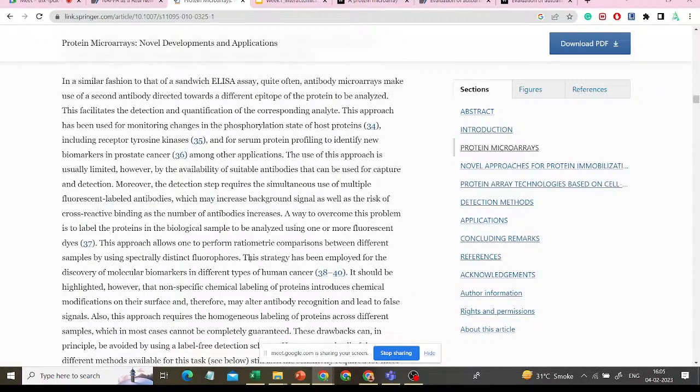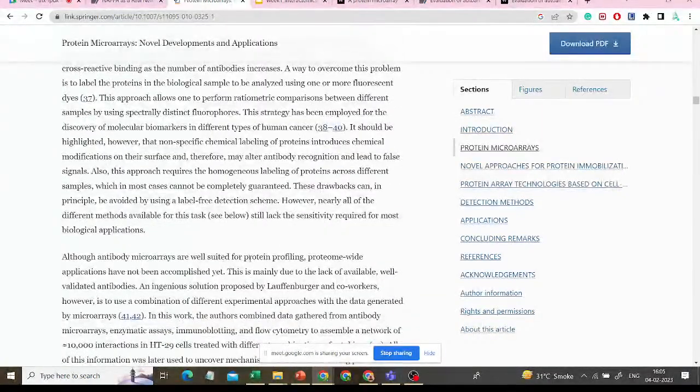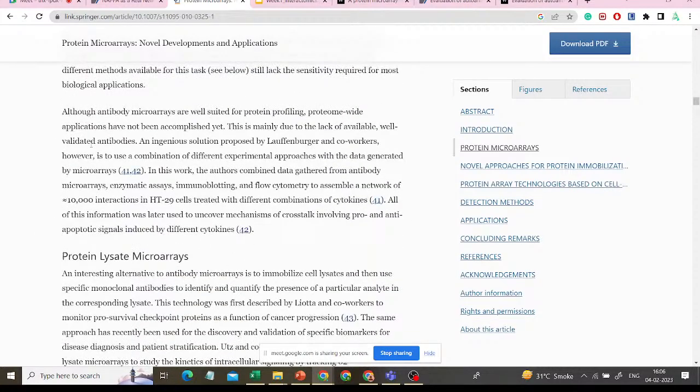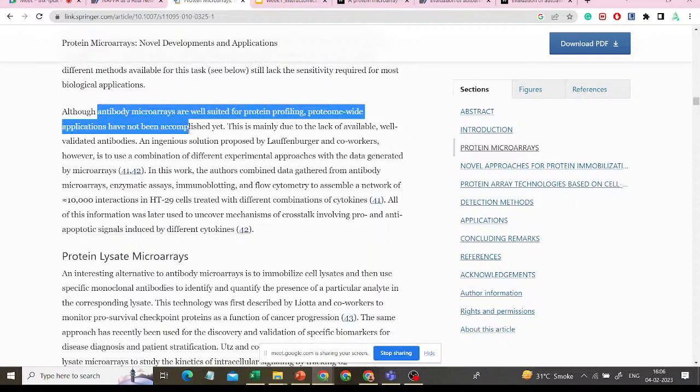Now, how will you understand the differences between two particular groups? You need to identify through different fluorophores, which will give different intensities, and you will detect them through the detectors, and from their intensity level you will be able to identify. Now the thing is, although antibody microarrays, this is quite important,